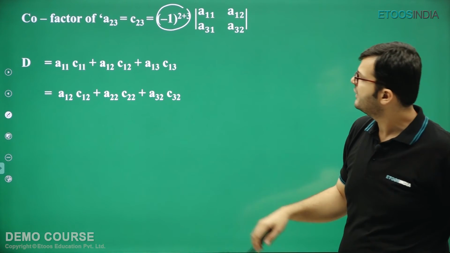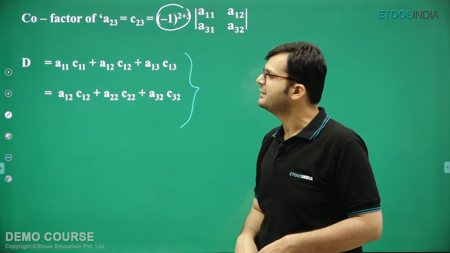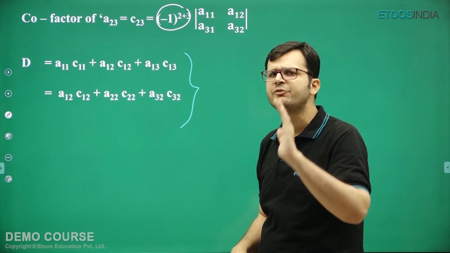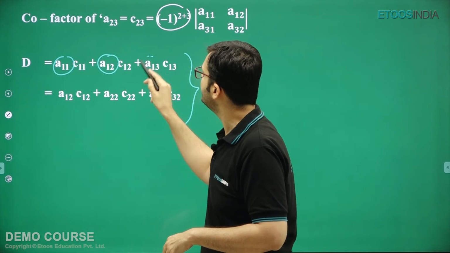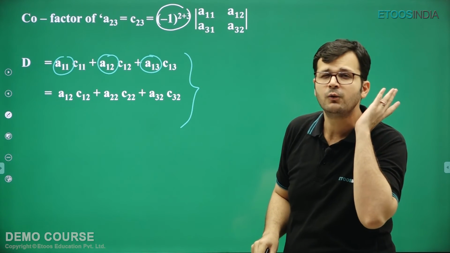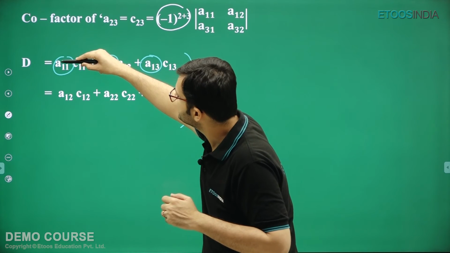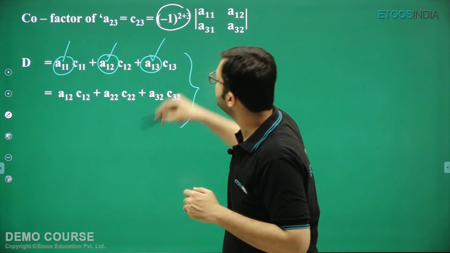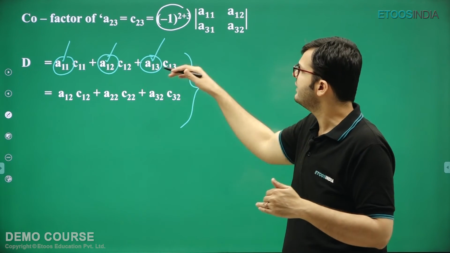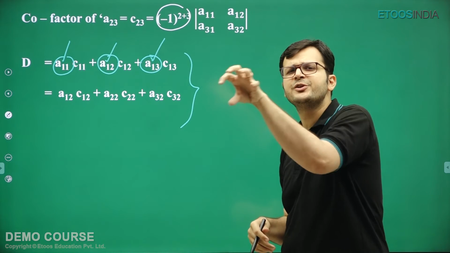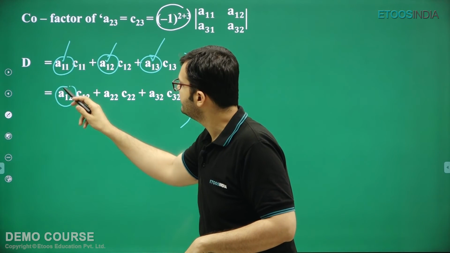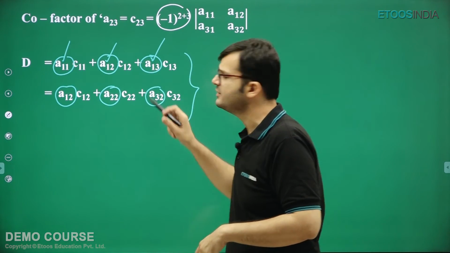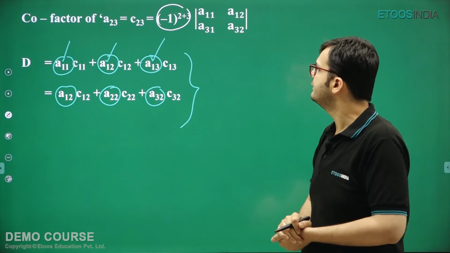And the last thing that I have written here is simply the expansion of a determinant according to two different rows or columns. For example, you can see this is A11, A12, A13. These are first row elements. How did I identify? This 1 is constant, so the row number is constant. What I have done in this case is I have taken the elements of the first row and multiplied every element by its cofactor. And in the second case, it's the same determinant, just opened along some other row or column.